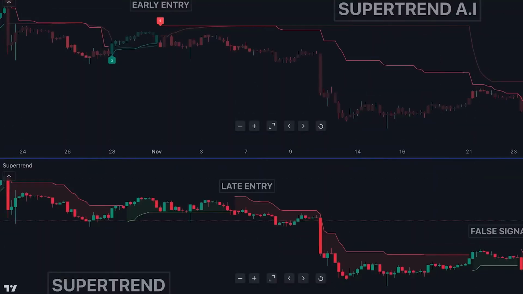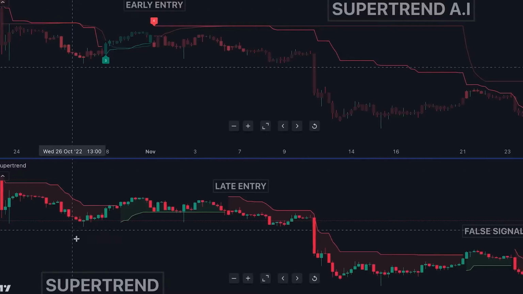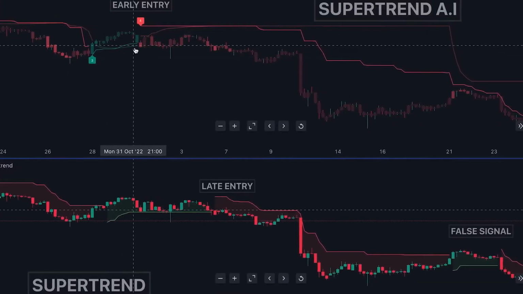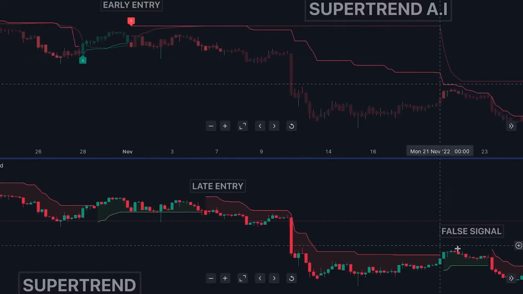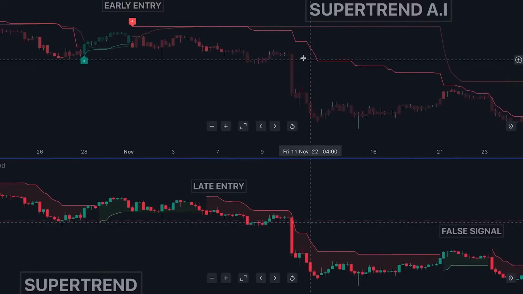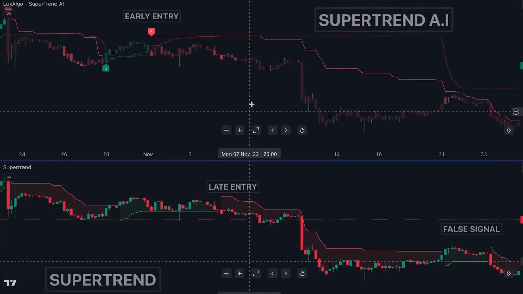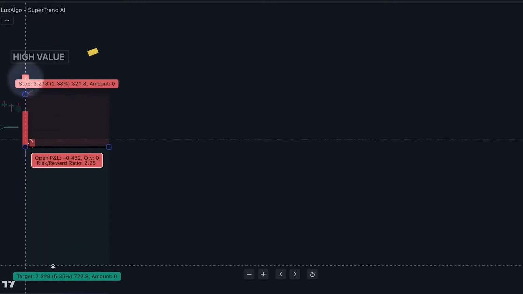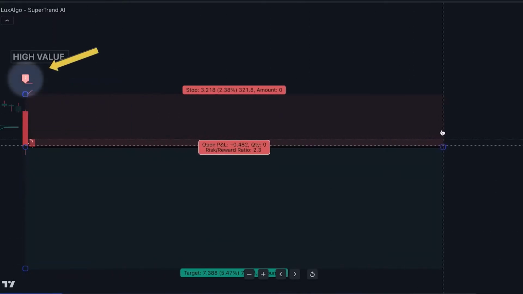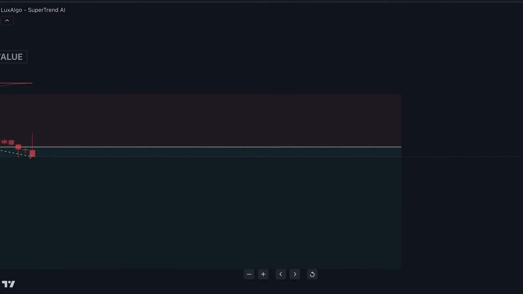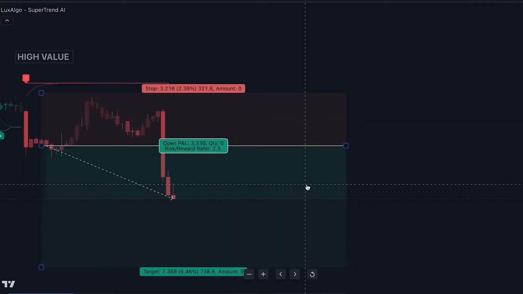Compared to the traditional Supertrend indicator, we can see how much better it is at finding trends and holding those trends. This indicator uses artificial intelligence to determine how likely it is that the market will change direction. These numbers determine the likelihood of the trade being correct. An easy way to think of how it works is that the higher the value at the point of entry,